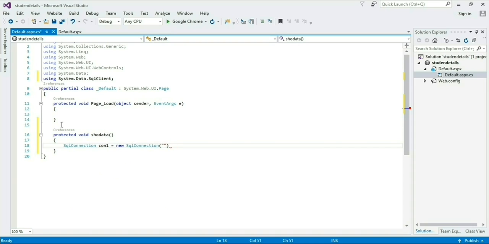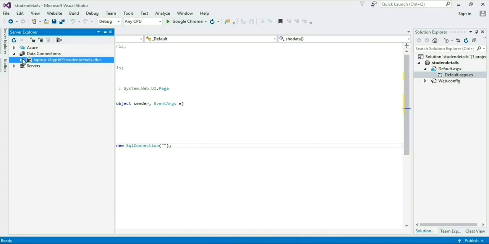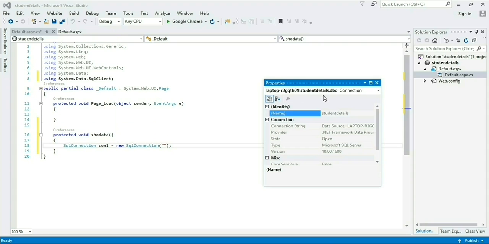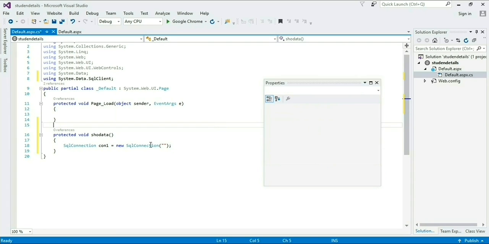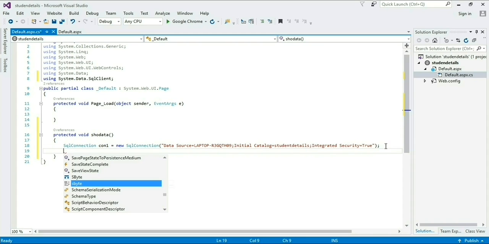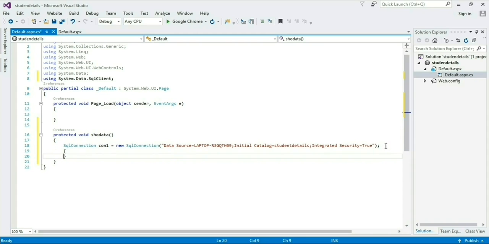Under this double quotes I have to pass the path of our SQL connection. So go to the Server Explorer and right click on our connection, go to the properties, click on it and copy the whole connection string by pressing Ctrl A and copy it and paste it under this double quotes.